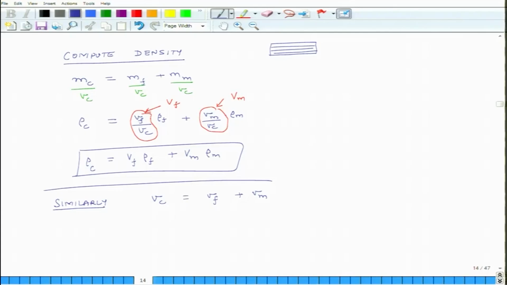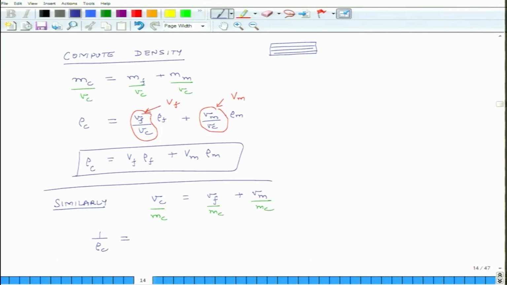Again, right now we are ignoring that there is air in the system, and here we divide the entire thing by mass of the composite. So, on the left hand side what I get is 1 over rho c, rho c is the density of composite, and on this side